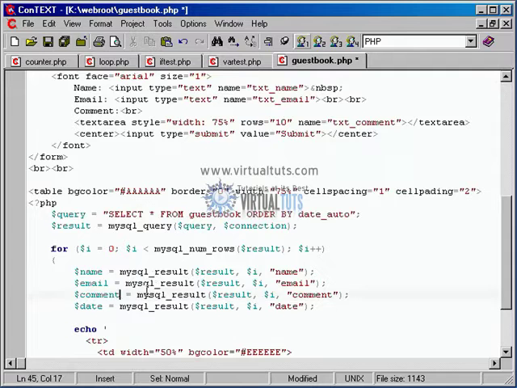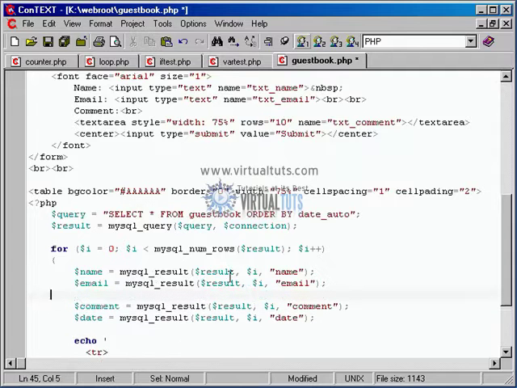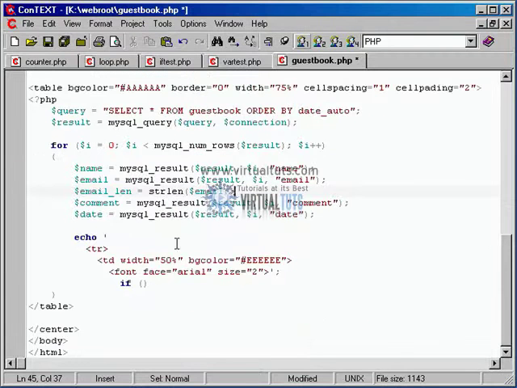So after we get the email, I'm also going to add $email_len equals strlen, so get the length of $email. So that way we have the length. Again, we could have just run that down inside the if, but to keep it a little bit simpler, just store email len, so we always keep track of the length of the email. So if $email_len is greater than 0, so if we do need to put their name as a link,